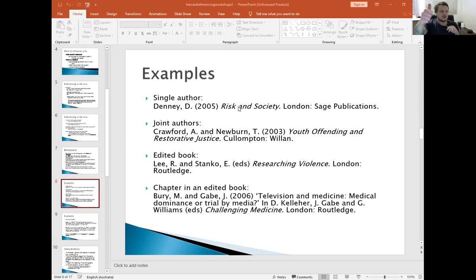The place of publication. I've never understood why that's important. And then the publishing company, being Sage Publication. If there's more than one author, put them in alphabetical order based on the initial of their last name. Shouldn't really be using edited books in year 11 and 12 or high school.